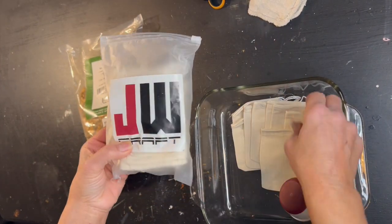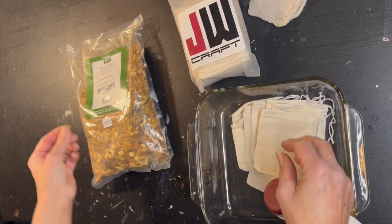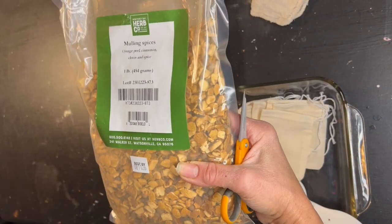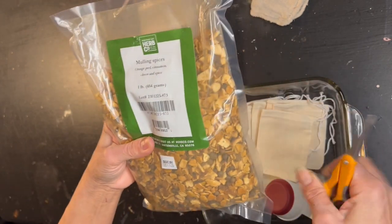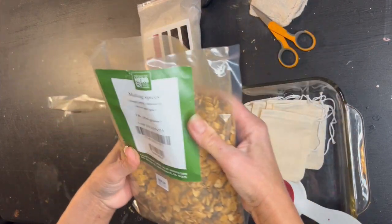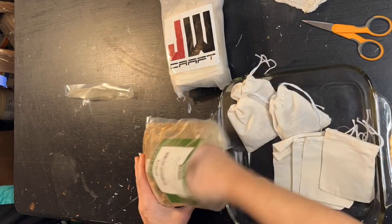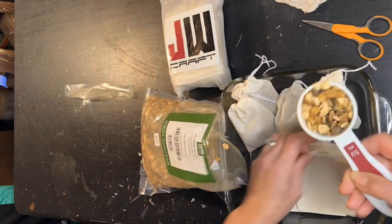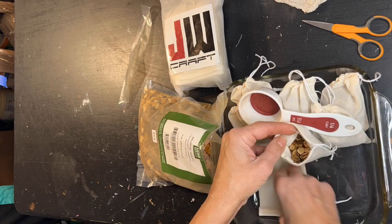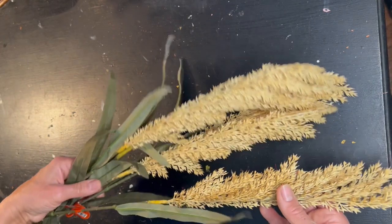Neither our feed bags nor our little containers are going to be empty because I picked up these mulling bags and mulling spices made to be used for mulled wine. So our little items are going to be utilitarian as well, and you can use them as ornaments or as gifts or both. So what I'm doing is I'm just going to divide out a little 1/4 cup of the mulling spice, and I'm going to add it to my mulling spice bags. Now keep in mind, the little containers will not get the mulling bag because of the tiny size. It's going to be almost like a refill for it. So they both will get these lovely spices,